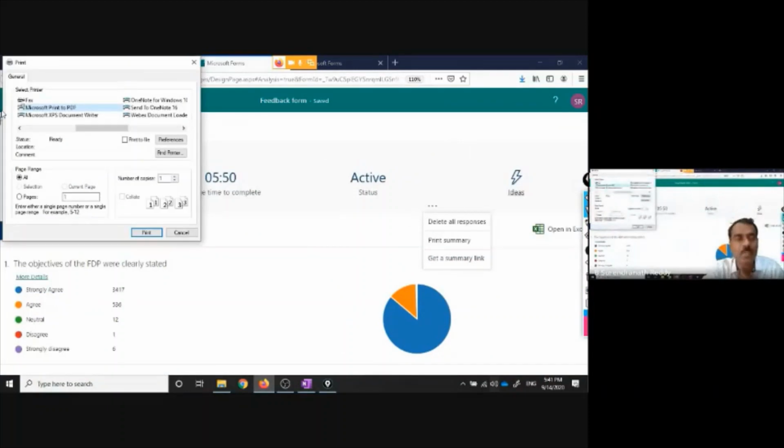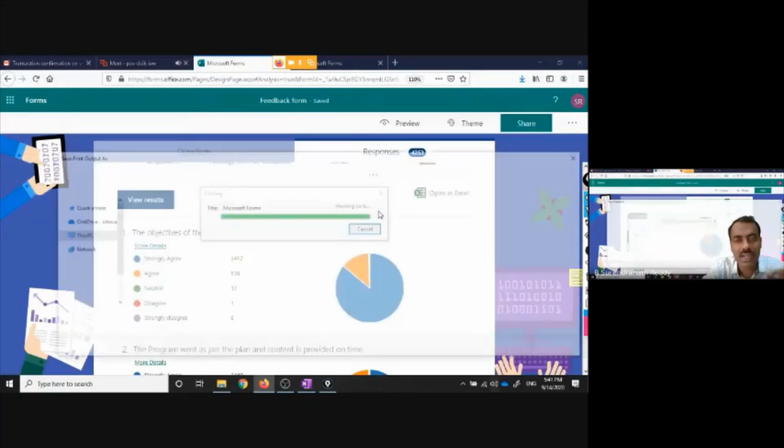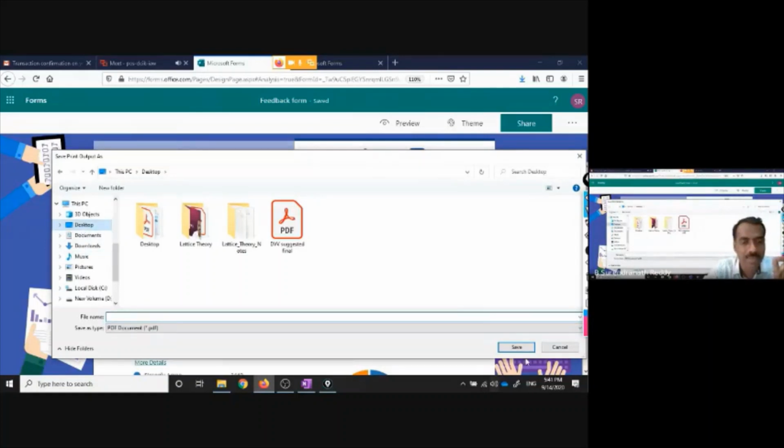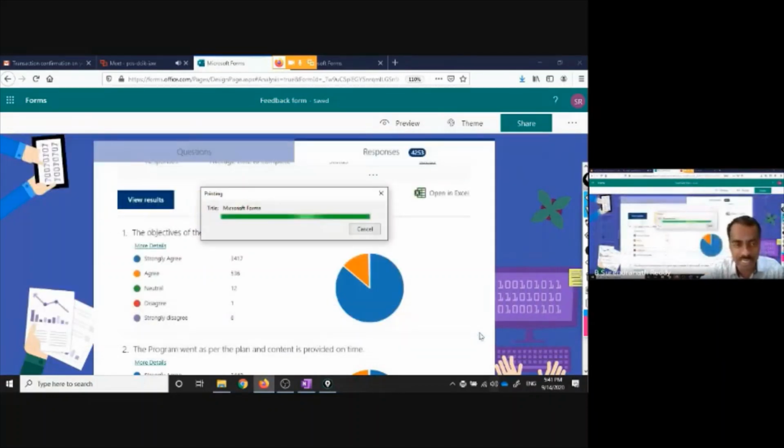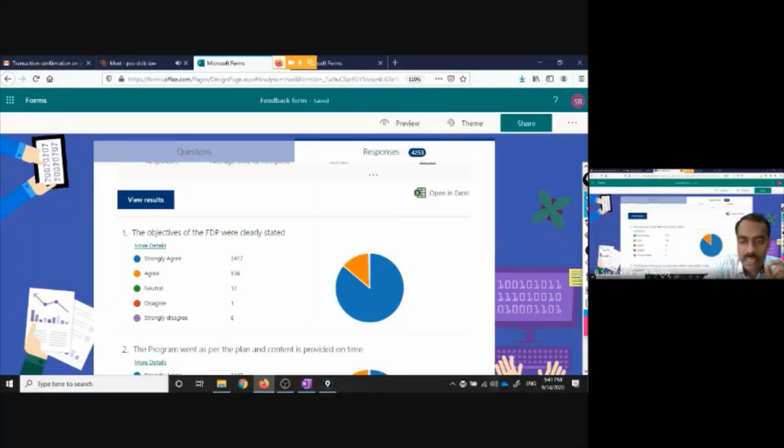If I click on this print summary, it will download as it is, which is not possible in Google Forms. It takes a lot of time to save it there. Or you can directly print it also if you have a printer attached. It immediately prints, and the quality will be as it is. This is the thing which is very useful.